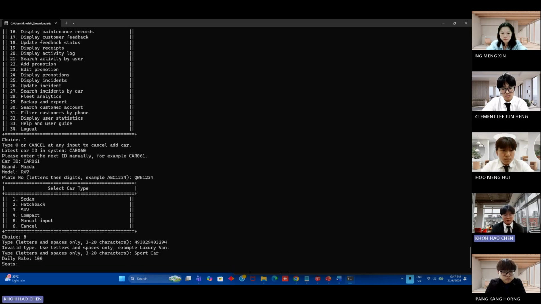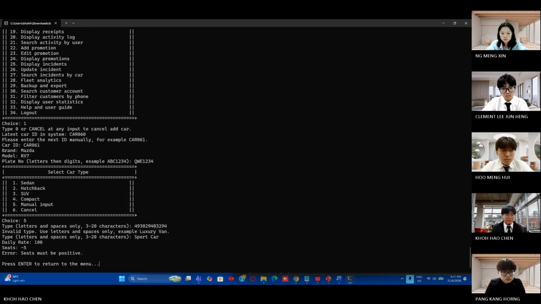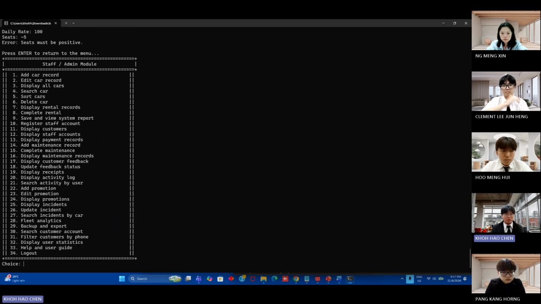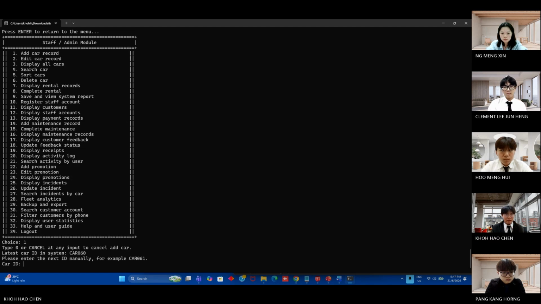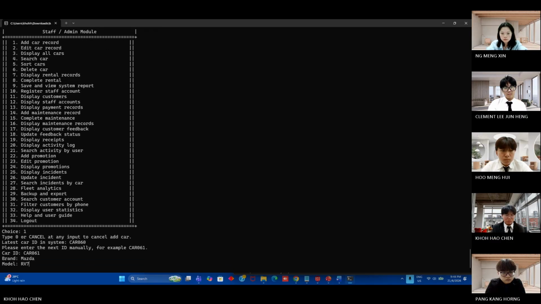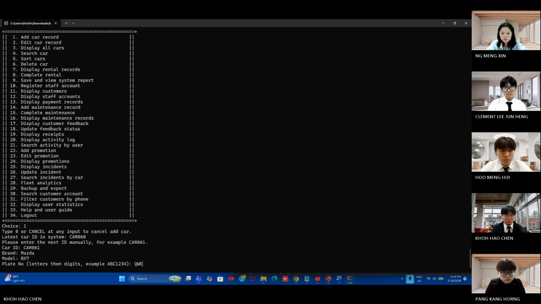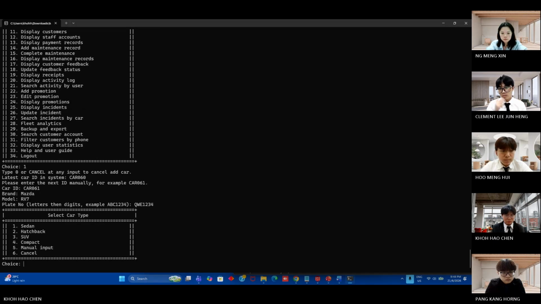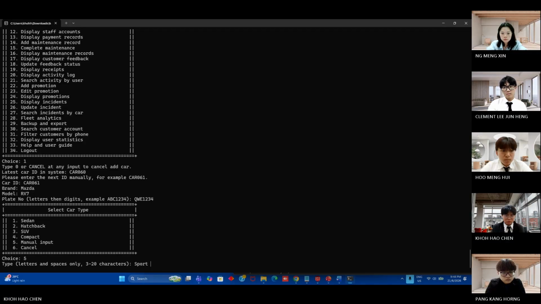For the seat, if I put a negative, it will show the error, the seat must be positive. So I go back to add car record again, enter the ID again, brand, input.